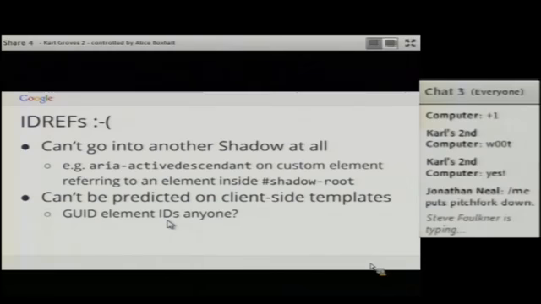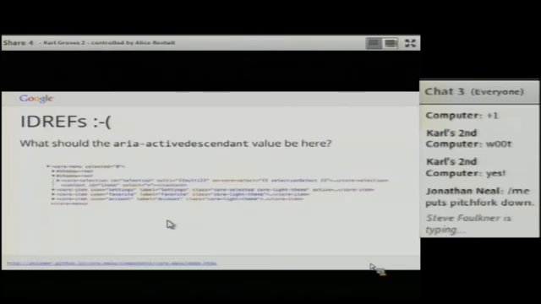The other problem is that we're no longer talking about even a relatively static HTML page, something which you might generate using a client-side templating library, and then you can put good IDRefs on all of your attributes. You can make sure they're unique. We're now stamping out elements using client-side templates. So how can we guarantee that these IDs are going to be unique? Are we going to just use GUIDs for everything? That's going to look horrendous.